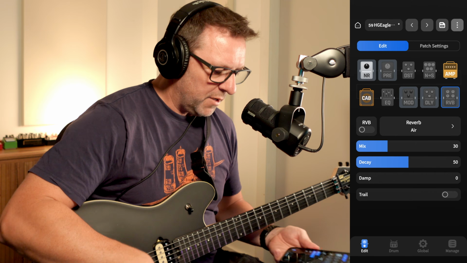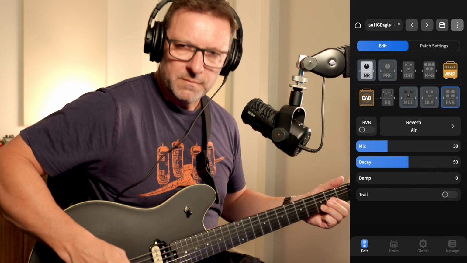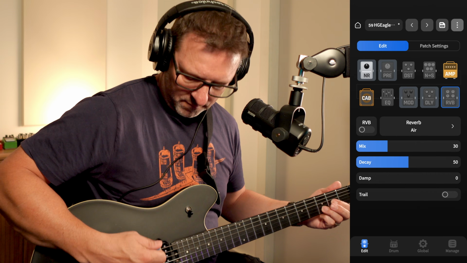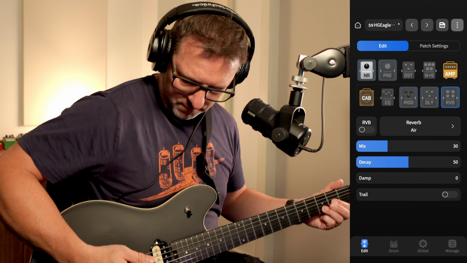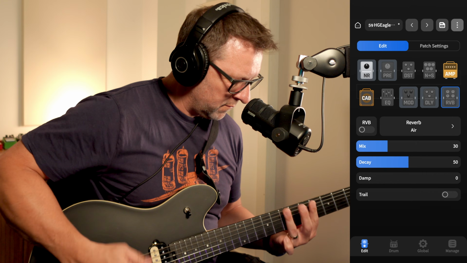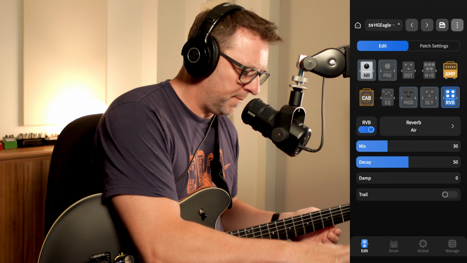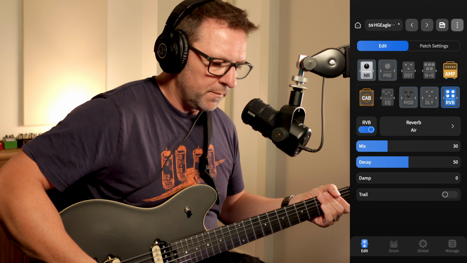So without the reverb, this is how the default amp sounds. And with the reverb on,